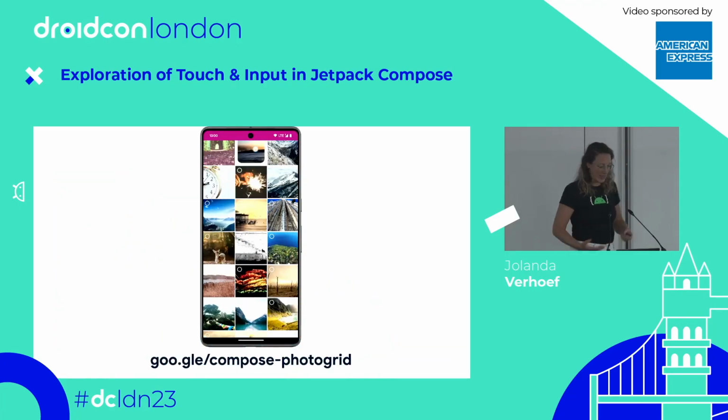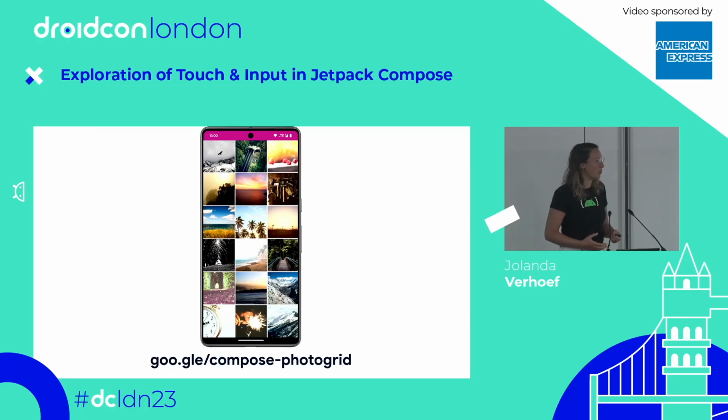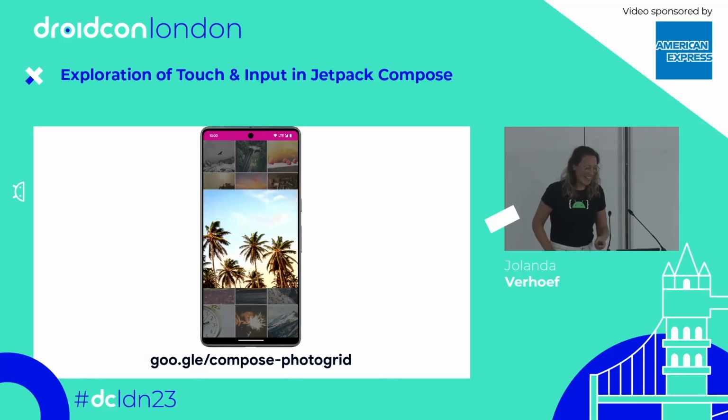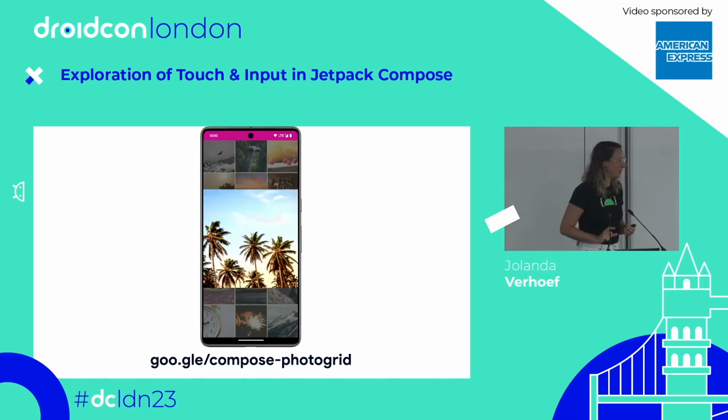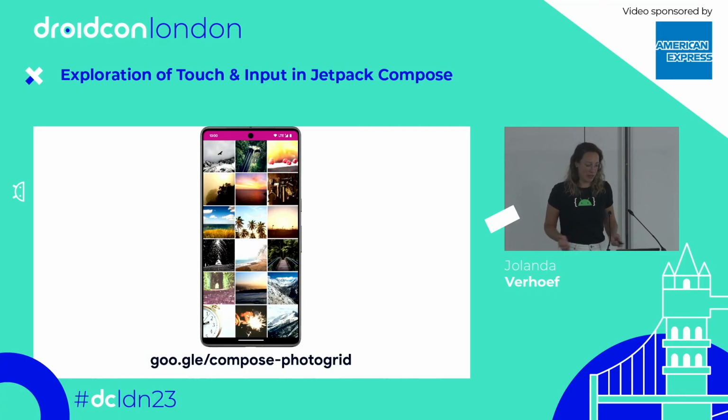So you might want to select content by dragging your finger over the screen. I'll be showing this like 20 times more. Don't worry about pictures. There will be a lot of picture opportunities, a lot of short links and stuff, but go for it. Or for example, what about letting a user zoom in and pan images? It's a common thing that you might want to implement, but it's not super trivial, so I'll be guiding you